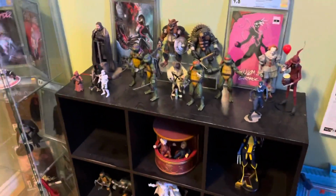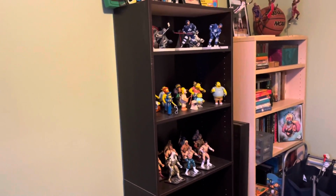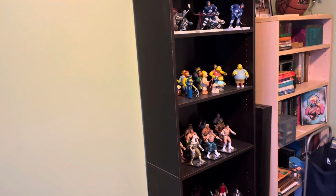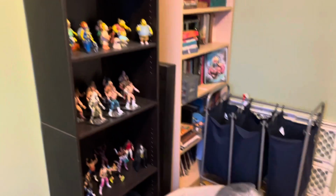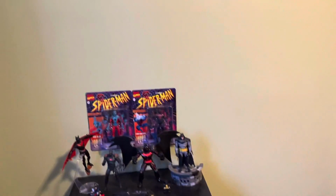But then, you know, 95% of my collection is already out, so I don't really have anything to put on those shelves anyway, unless I just take stuff off this bookcase, and then I can put my books on 2 bookcases, I guess. I don't know. So